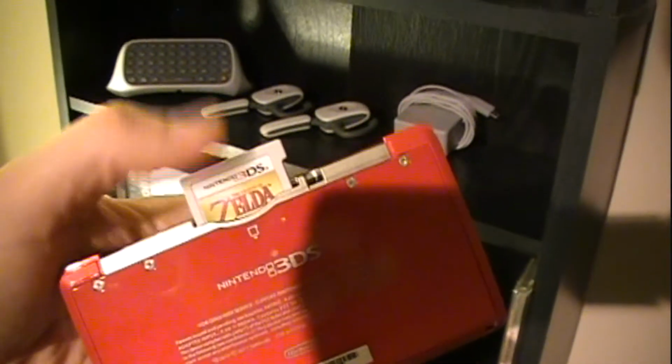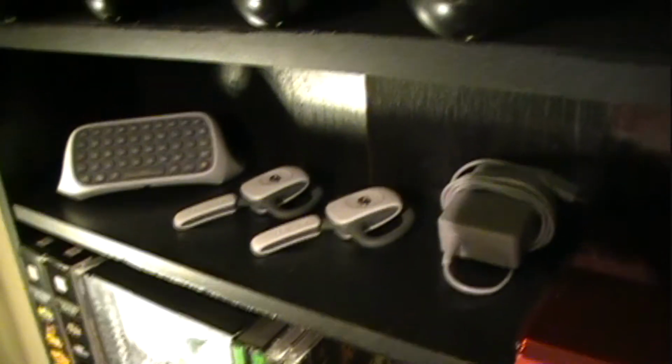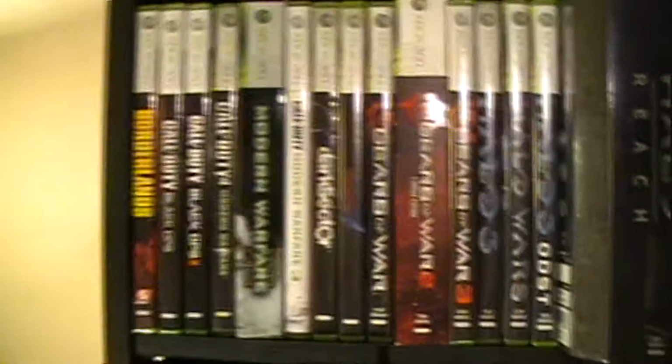Moving on up here, I have my 3DS. Ooh, what was that? Virtua Fighter. I have my 3DS with The Legend of Zelda Ocarina of Time in there with its charger, my wireless headsets for the 360, and the keypad for the 360, 4 360 controllers, and then my 360 collection,